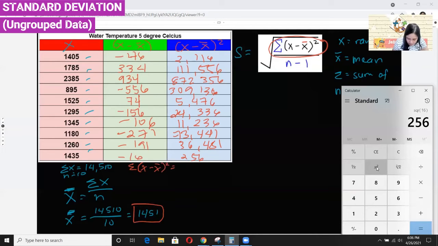minus x bar, or mean, squared. So we need to sum it out. Add all the given results in here. So we need to find the sum. Let us clear this one first. As I mentioned, please be careful in clicking your calculator because if you miss one number,